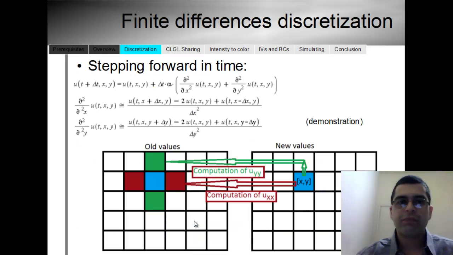Just to recap, we use the y values above and below the current cell to compute the space derivative of the temperature distribution with respect to y, the second derivative, and we use the x values, the neighbors in the x direction of the cell, to compute the second derivative of the temperature with respect to x. And we use both these values to update the value of the temperature in this cell and step forward the